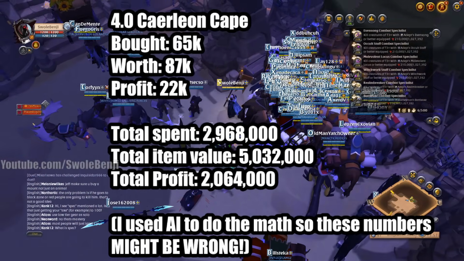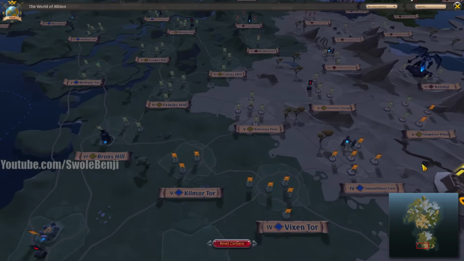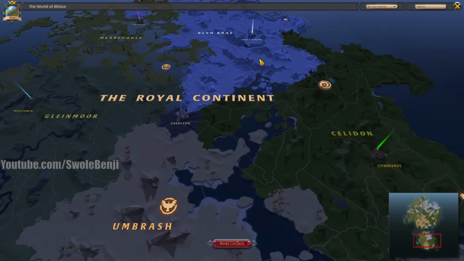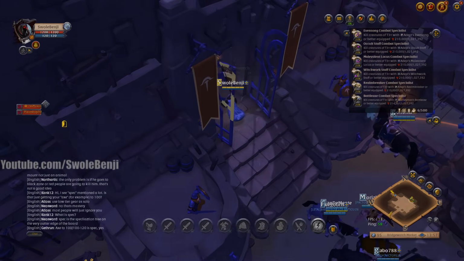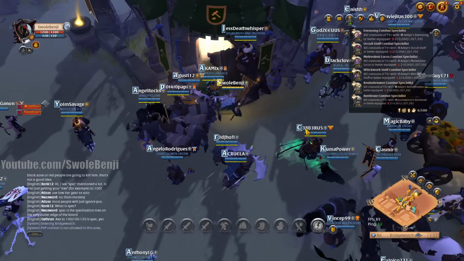Now, here's the thing. Here's the kicker. I didn't just do this in Bridgewatch. I did it in all of the towns. So we have Martlock, that's 2, Thetford 3, Fort Sterling 4, Limhurst 5, Caerleon 6, alright? And then a Smuggler's Hideout, that's 7, and then Brazilian, that is 8. So you're going to multiply that by 8. So that is 16 million